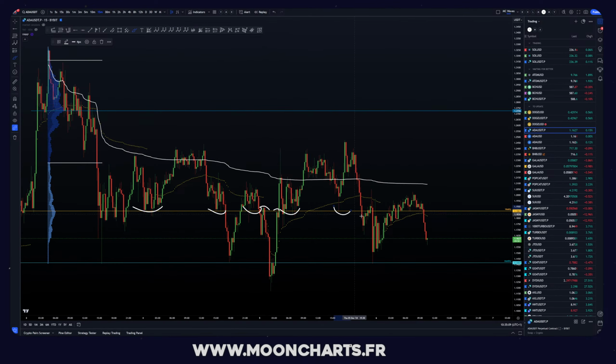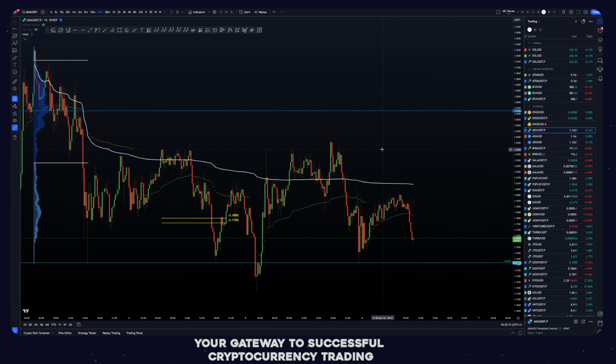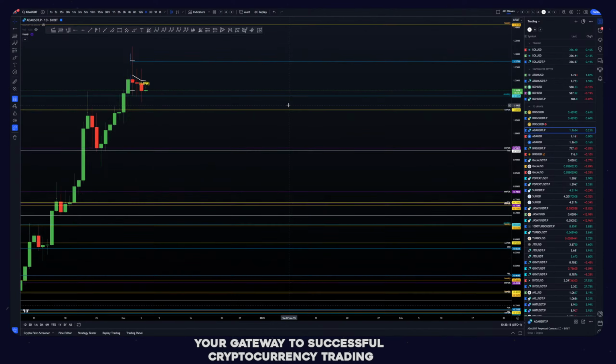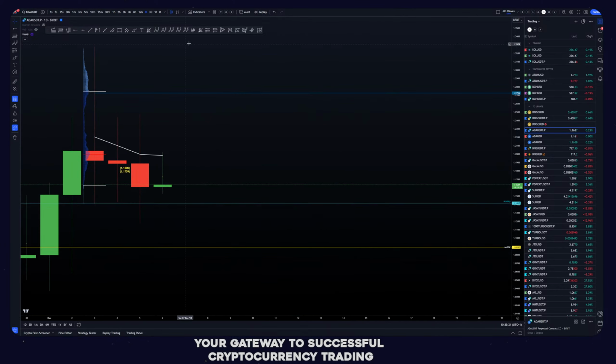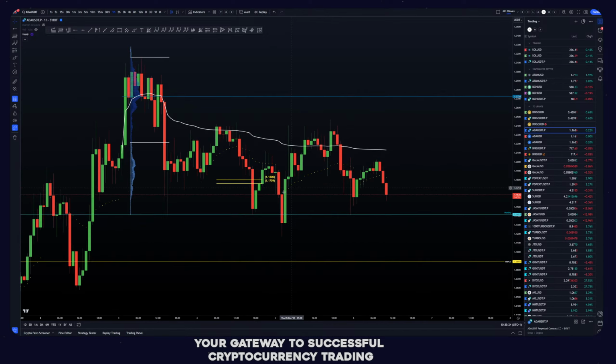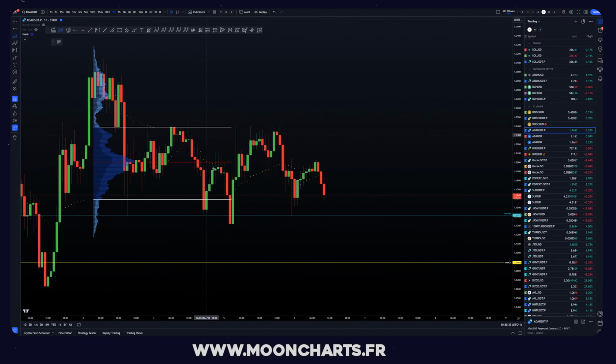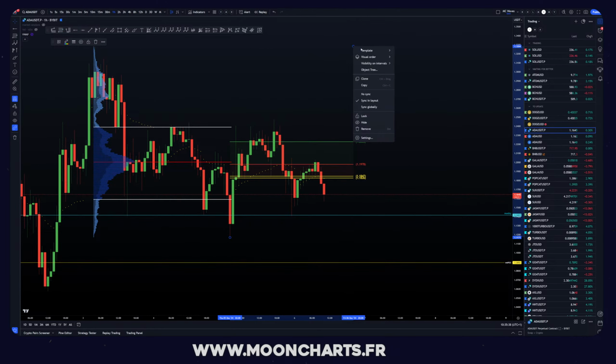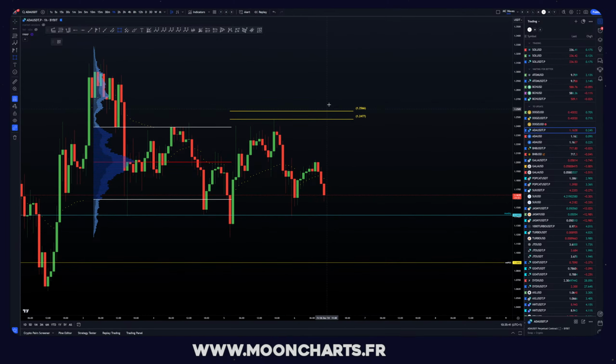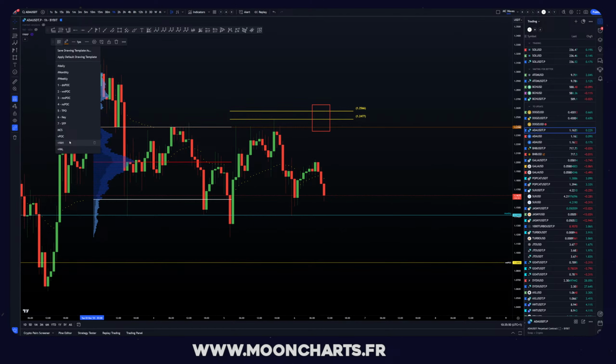Boom, boom, boom, boom, boom. A bit of support here. What a lovely weekly level, but now we've got too much touch on that, so let's go on a daily time frame and see. No, there is nothing here, so we can come back here on the 1 hour, get rid of that thing too, and we can just encourage it up, we don't care. Take this, get rid of that. Okay, this was really the only target. Yep, that is the resistance here, but we already rejected that, so we can delete it now.